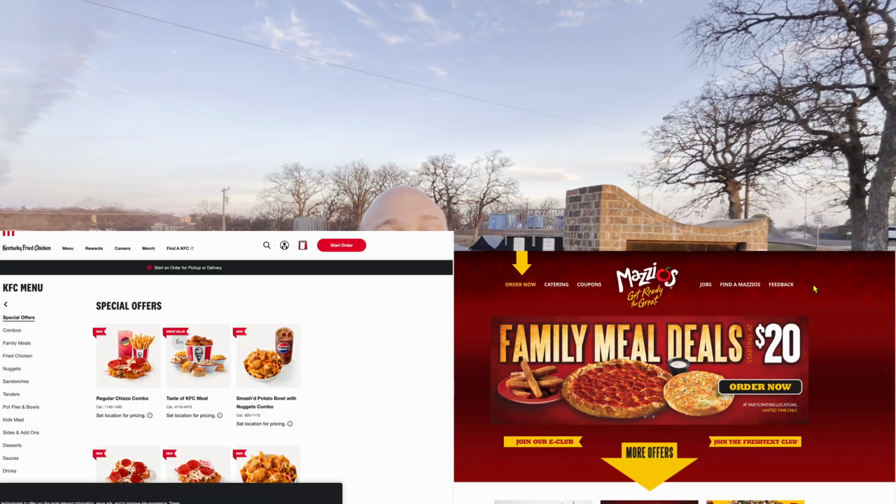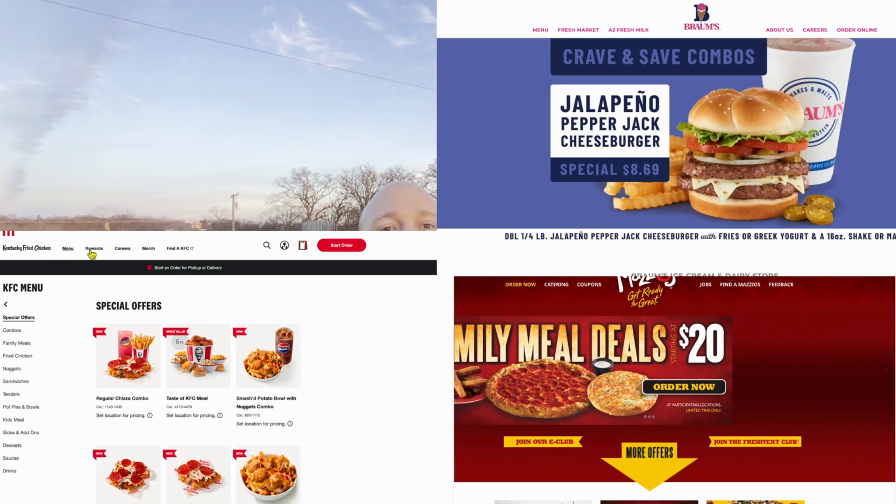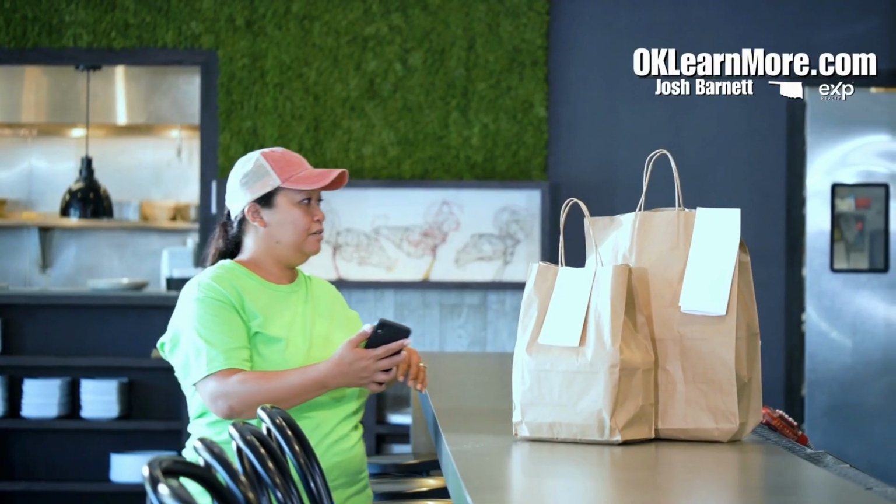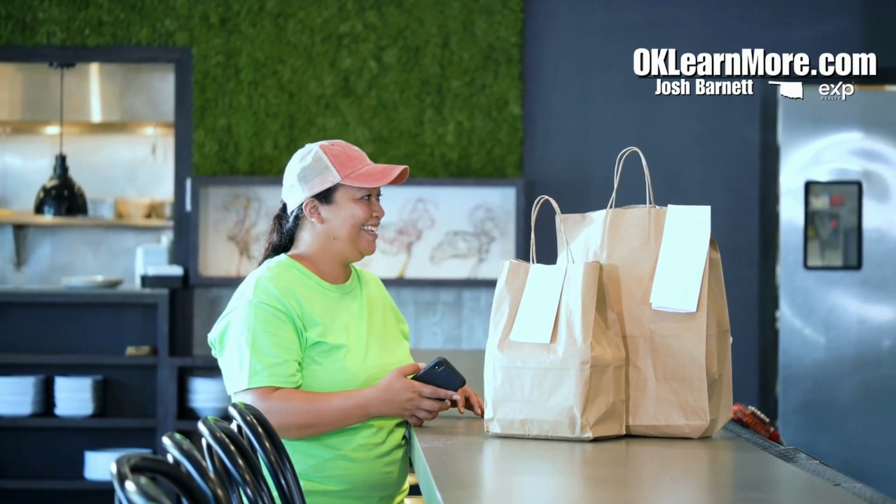Now, if you work late sometimes and you've got to grab some food to go on the way home, you just don't have time to prepare dinner, don't worry, Seminole, Oklahoma's got you covered on that aspect too. They've got Mazio's, Kentucky Fried Chicken, Brahms, your ice cream and dairy store. They've got Sonic. They've got 2 different Mexican restaurants, an Italian restaurant, and I know they've got 2 Chinese restaurants too. So if you're just coming home late and you don't have time to make dinner, don't worry, Seminole, Oklahoma, with a population of 7,500 people, they have options when it comes to grabbing some fast food or some takeout,